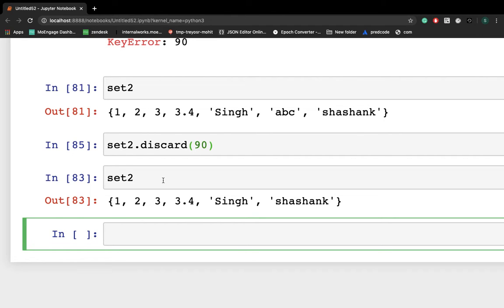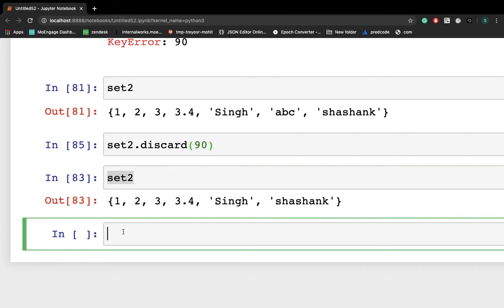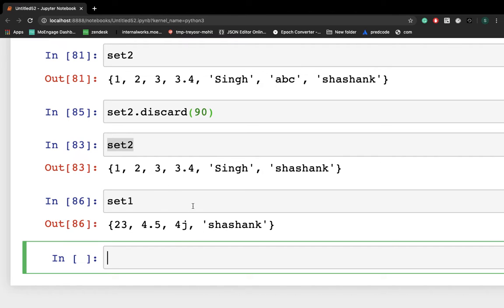Also let's check the union of two sets. You can get the union of two sets in two ways. First of all, we'll see the first way, using the pipeline symbol. So let me print set1. Set1 is this.